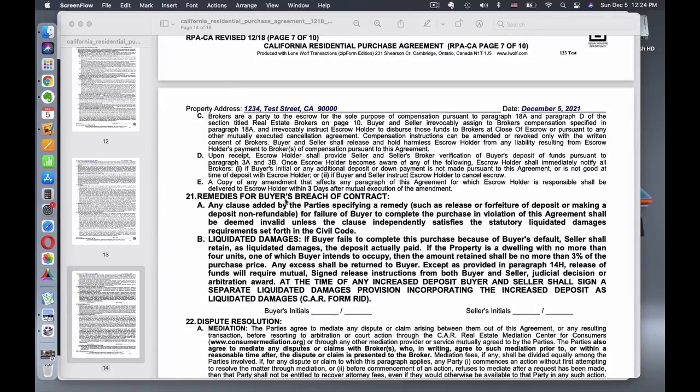So remedies for buyer's breach of contract. Any clause added by the parties specifying remedies such as release or forfeiture of deposit and making deposit non-refundable for failure of buyer to complete purchase in violation of this agreement shall be invalid unless the clause independently satisfies the statutory liquidated requirements set forth by civil code. And then the next thing is liquidated damages. If you read through it,